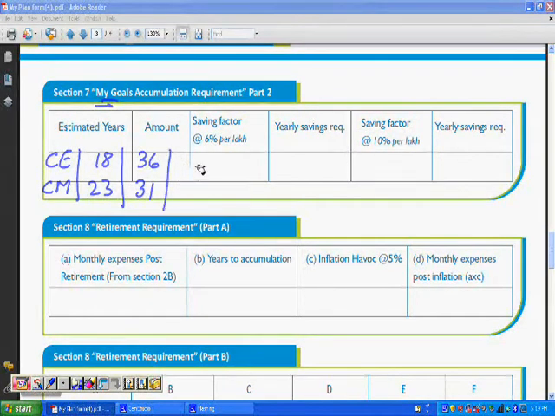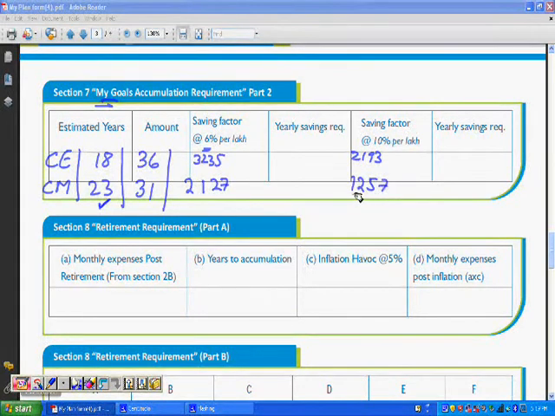Now per lakh, the figure that you need to save at 6% is 3235, right? If you remember, 3235, yeah, 6%, and at 10% was 2193. Similarly, in 23 years, the figure that we had got was 2127 and